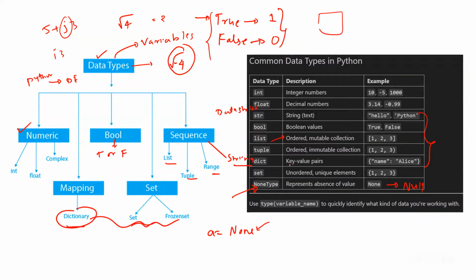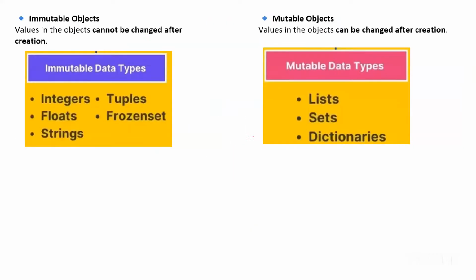Okay, fine. We'll start with string now. But before starting with string, there is something called a mutable object and an immutable object. I have defined something here. Immutable objects are objects whose values cannot be changed after creation. Mutable objects are objects whose values can be changed after creation. What do you guys understand by this particular definition? I'll explain, I'm just trying to see what you understand, because this is one of the important questions for interview purposes.